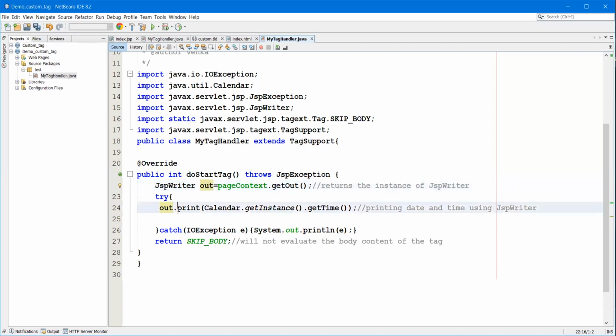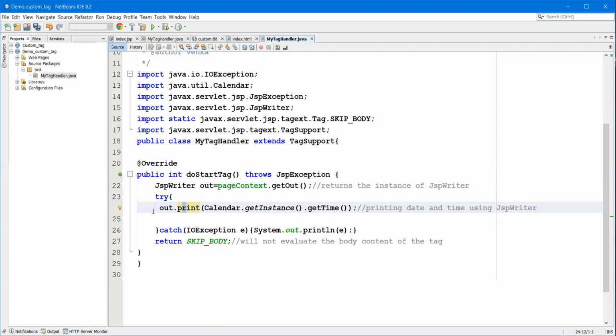So we are creating the tag handler class. This tag handler class is going to create the date and time. This created date and time is going to be printed on that particular JSP file by using out.print.